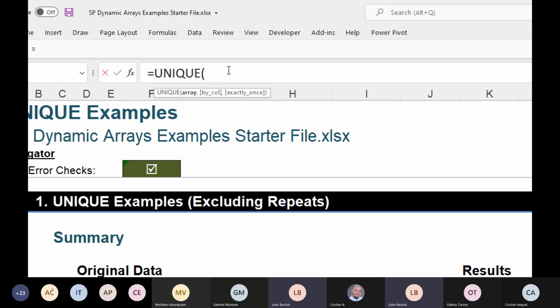Now, unique has the following syntax. It's got three arguments. The first one is required. The other two are optional. So array, this is required and represents the range or array from which to return unique values. The by column,